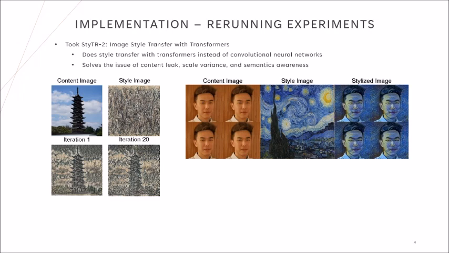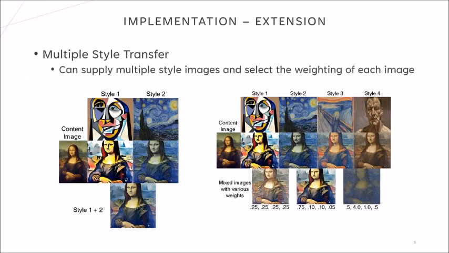Finally, to test content awareness, I duplicated an image 4 times and ran the style transfer through it. And as you can see, with each image, it's stylized exactly the same, so that means that the algorithm is aware of its surroundings. For my extension, I felt that there could be other ways to generate some interesting images,